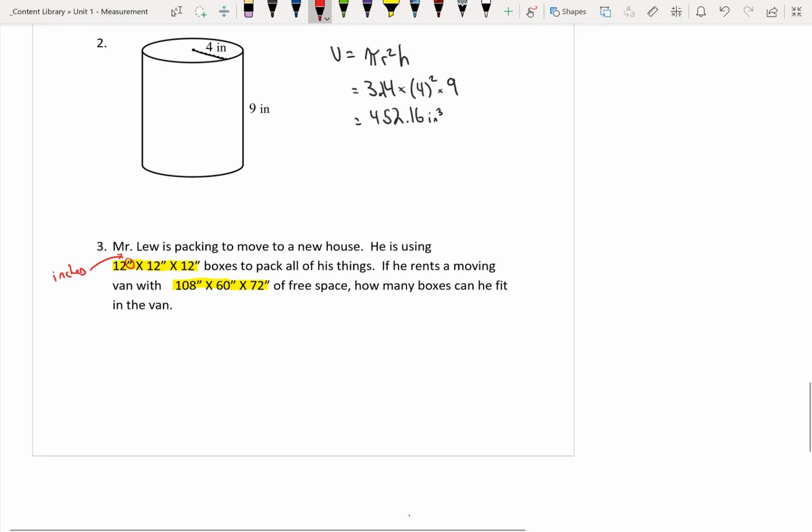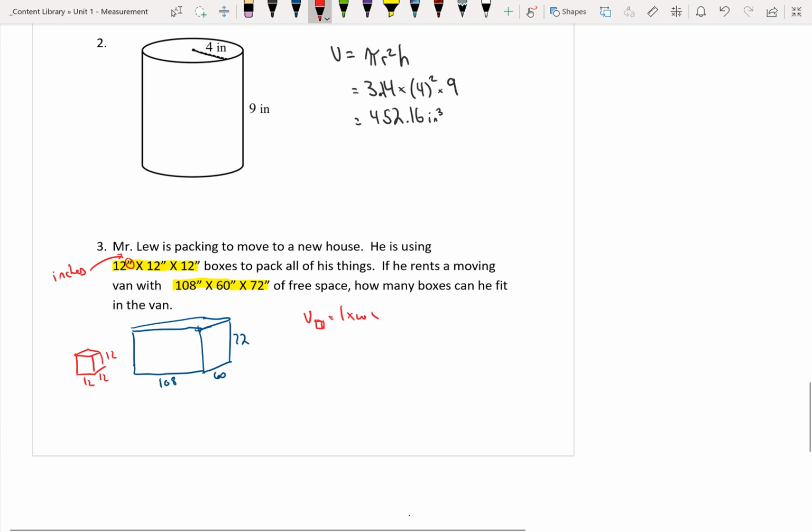So I have a 12 by 12 box, or a cube, and I'm trying to fit it into a large rectangular prism of a moving van. We know that our boxes are 12 by 12 by 12, and our moving van is 108 by 60 by 72. I want to know how many of those boxes I can fit into that moving van. The first thing I need to do is figure out the volume of each. So I'm going to find the volume of my small box,